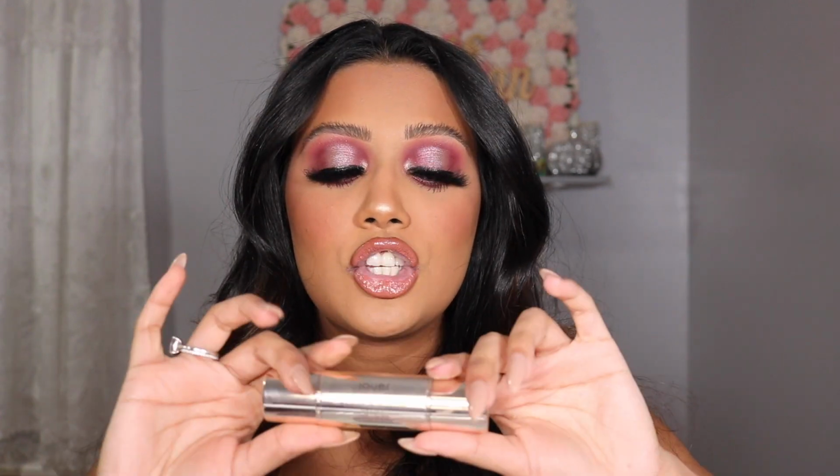This is honestly so pigmented that you really just need a little bit of this and it goes such a long way. The next cream blush that I love, whoo, honey, Jouer Cosmetics hit it out of the park with this product. It is the Blush and Bloom Uplift Cheek and Lip Duo. So basically it is a cream cheek